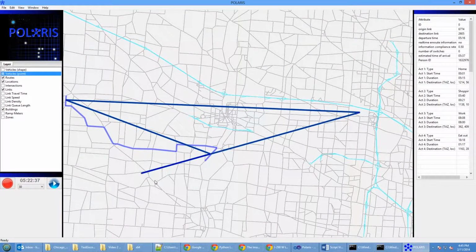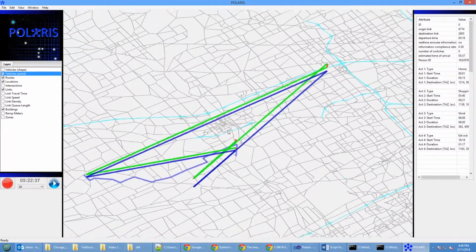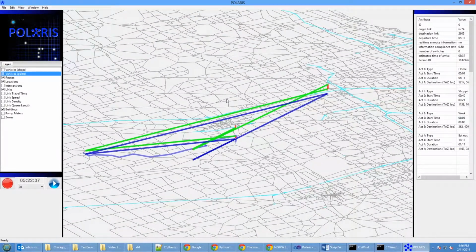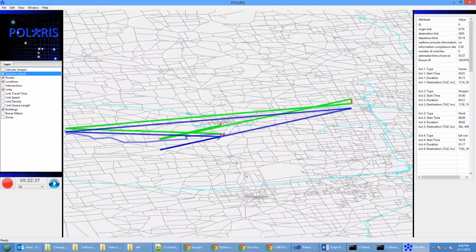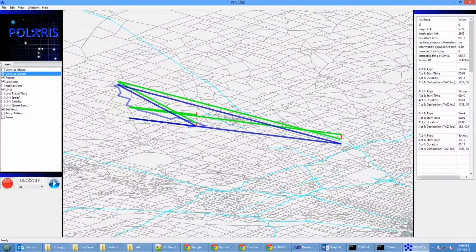By rotating to a flat XY projection, we can also see the pre-planned activity pattern, which is displayed as blue lines connecting the activity locations. This becomes important later on as activity replanning occurs in response to events. For now, though, this pattern is the same as the current activity plan. The route that the agent has selected for the current trip is also shown in the light blue color.